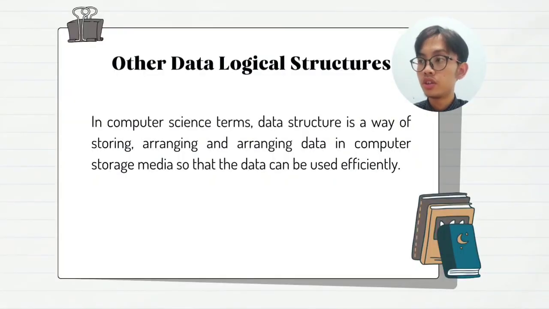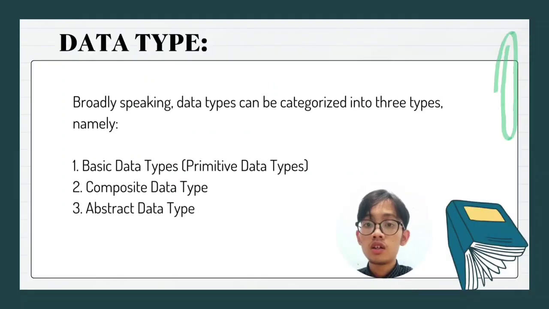Other data logical structure. In computer science terms, data structure is a way of storing and arranging data in computer storage media so that the data can be used efficiently. The first is data type. Broadly speaking, data types can be categorized into three types,